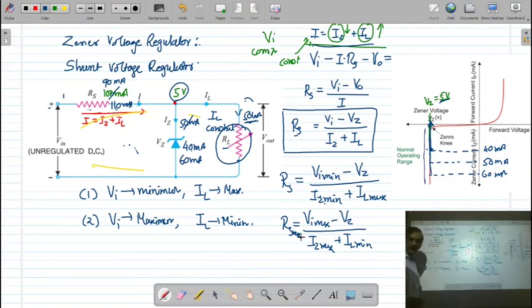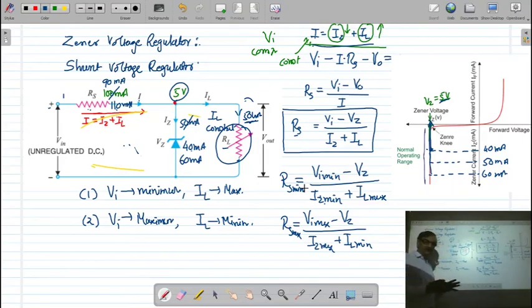Now if you calculate this, then in this case here the difference is large, so the resistance value will be a maximum. Here the difference is going to be small, so this resistance value is going to be a minimum. So these are the worst conditions. And actually when we design, what should be the value of Rs? I have to consider the Rs maximum or Rs minimum.